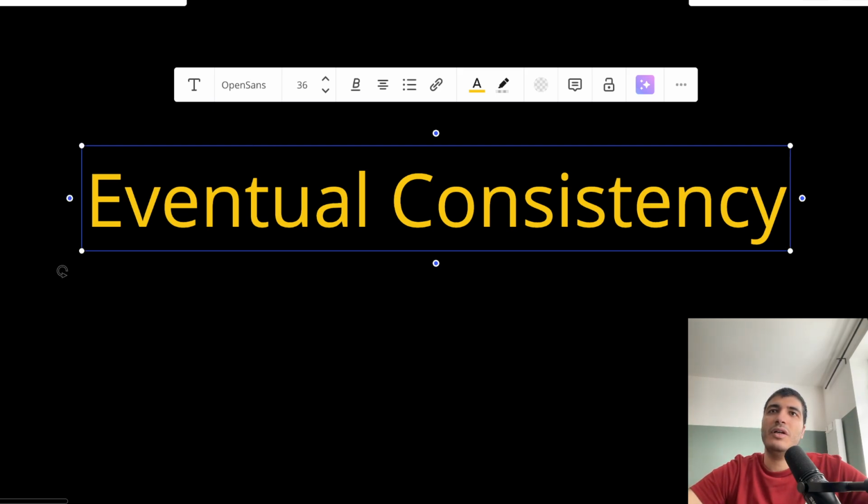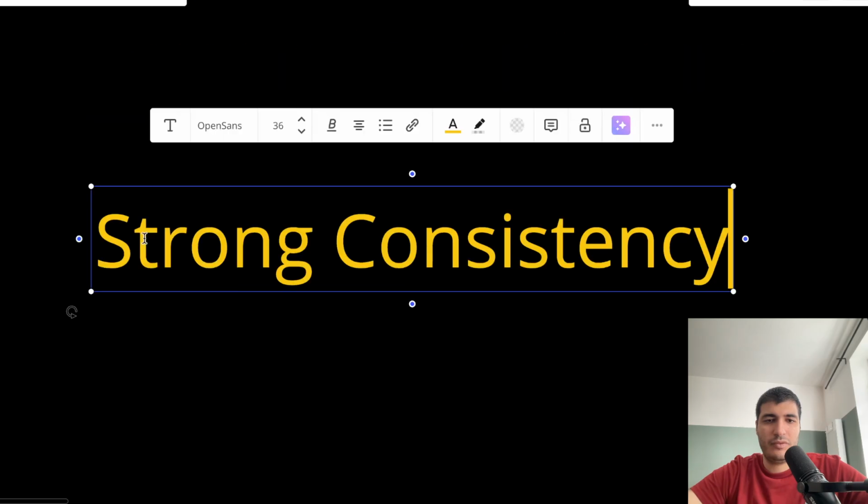Let's talk about strong consistency as well. Use strong consistency in banking, financial transactions, inventory updates, or critical systems where stale reads are unacceptable. An example for that: let's say user A has a bank account and wants to see the balance, and the balance must reflect every debit and credit in real time.